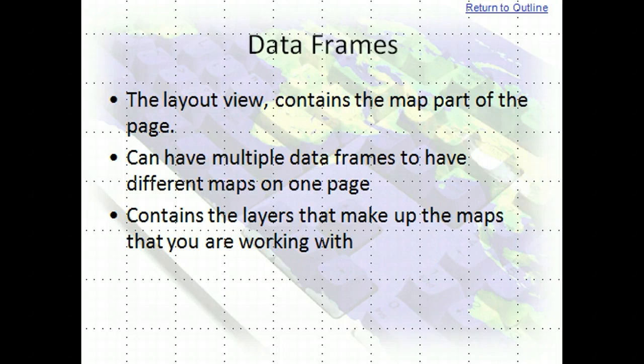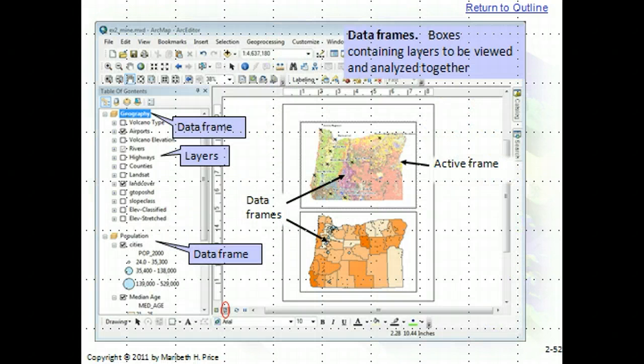Once you add the data, the layout view contains the map part of the page, and it can have multiple data frames to have different maps on one page. It also contains the layers that make up the maps that you are working with. On this slide, you can see in the table of contents that there are two data frames, one labeled geography